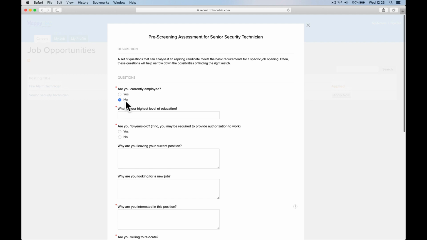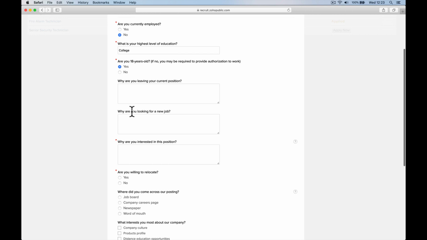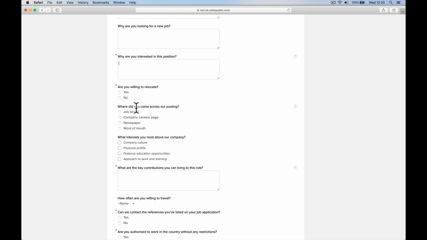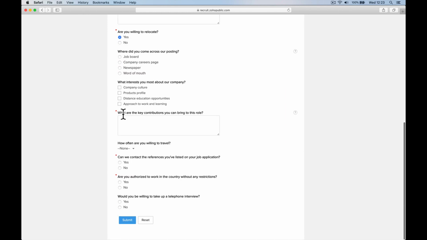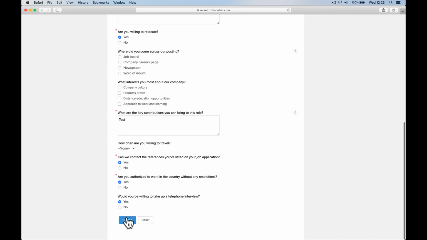Are you currently employed? No. What is your highest level of education? College. Are you 18? Yes. Don't need to fill out what you're interested in. Love fire. So I'm not going to go through it and slow you down, right? But this is the screening questionnaire that you can create to say whatever you want for whatever job